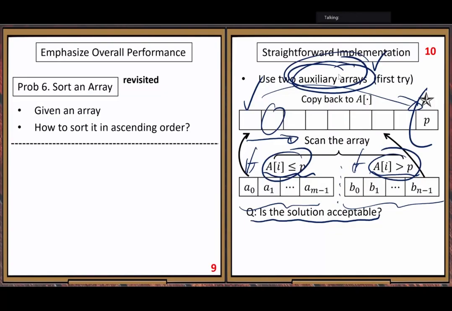So when we talk about computing resource, there are two types. The first type, that's the primary resource. So most of the time, number of comparisons.